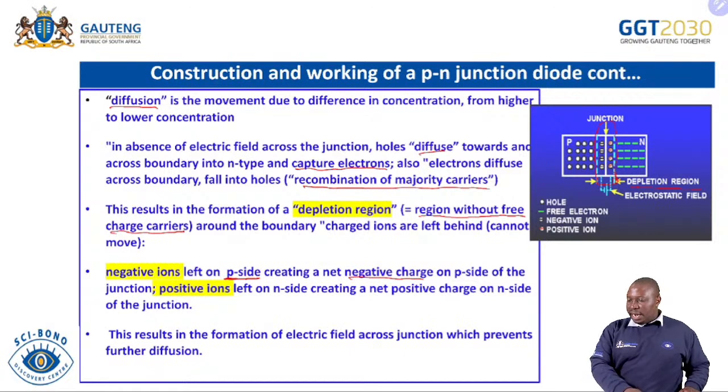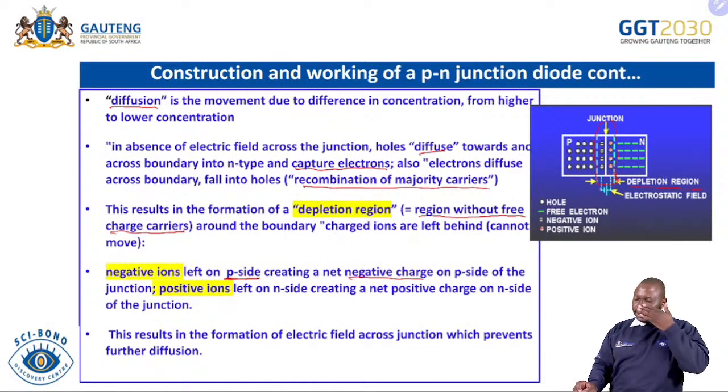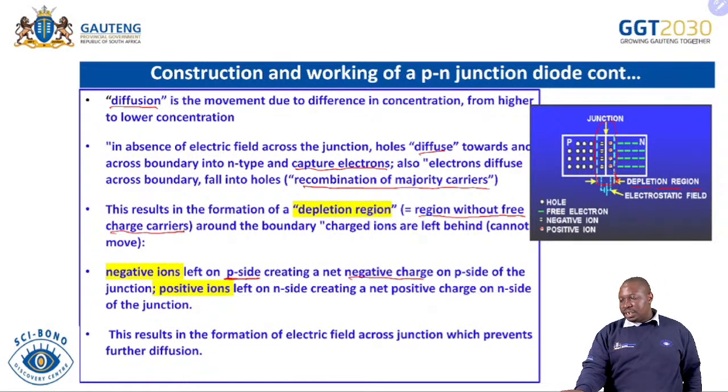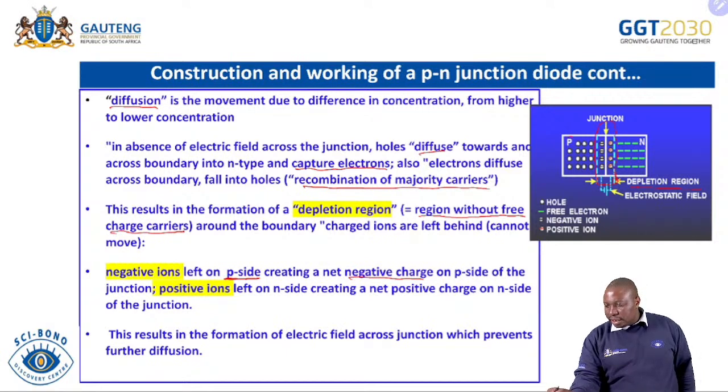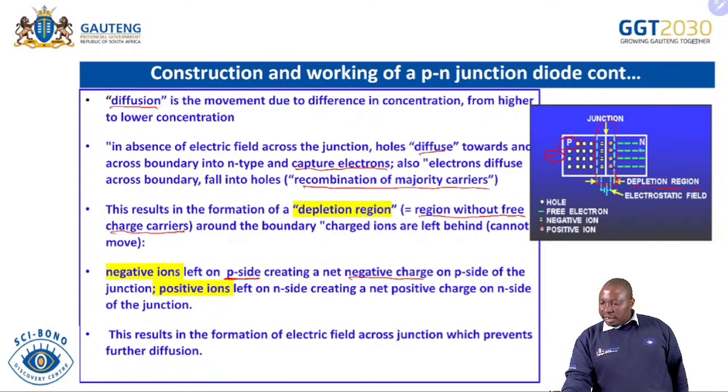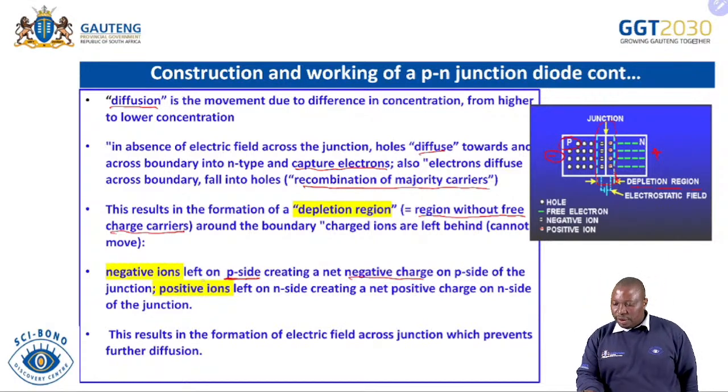Positive ions are left on the n side, creating a net positive charge on the n side of the junction. So you can see now what is happening. Because the positives, the holes, are moving from the p-type towards the electrons, they leave this side with negative ions. When the electrons are moving towards the holes, they leave this side being positive. Can you see that? That is what that statement is saying: the negative ions left on the